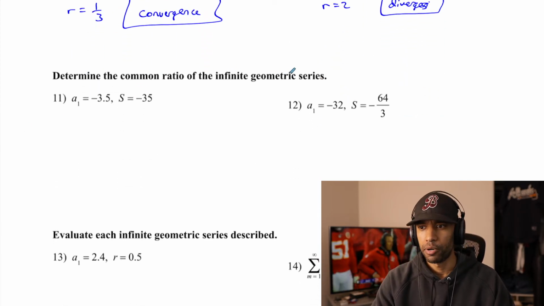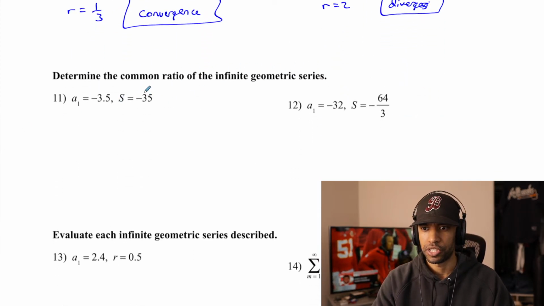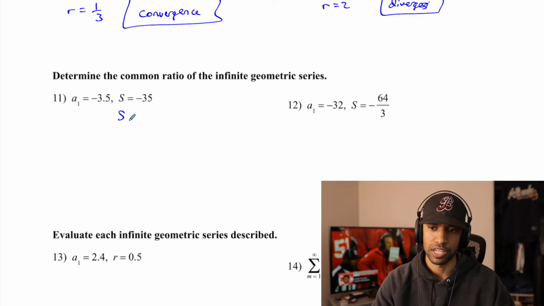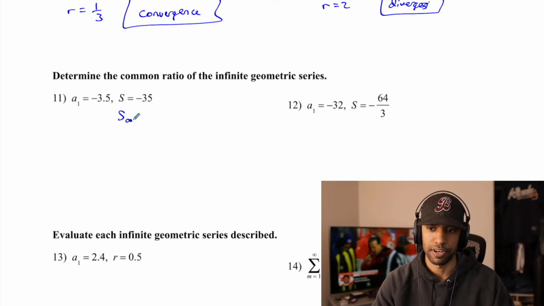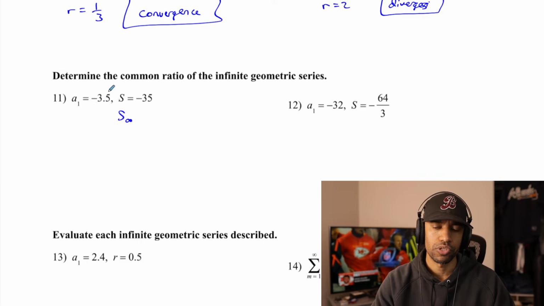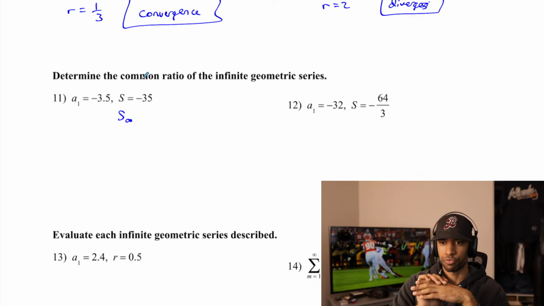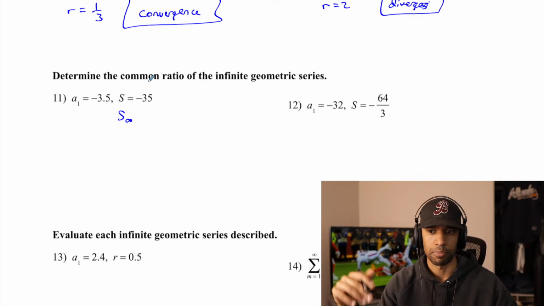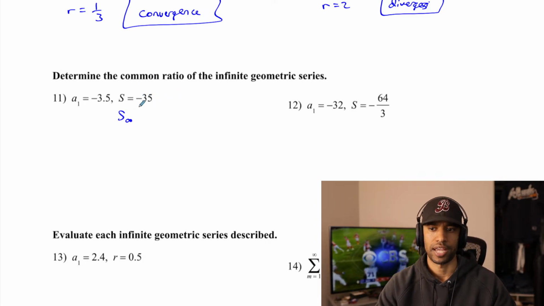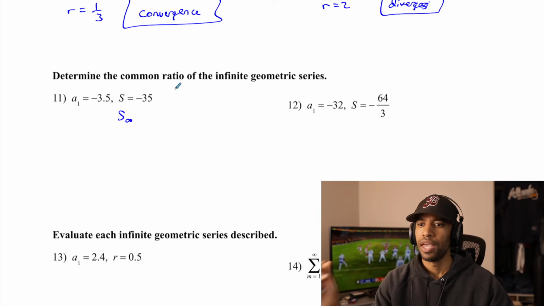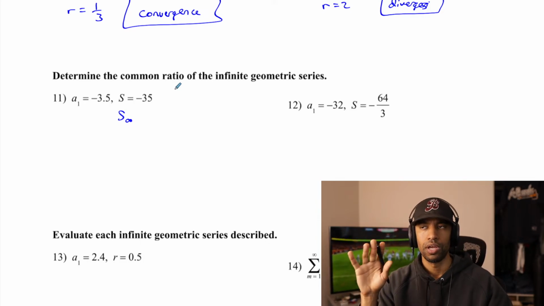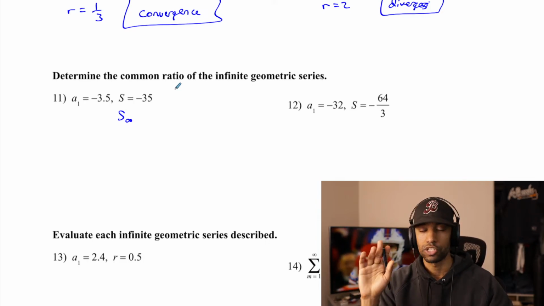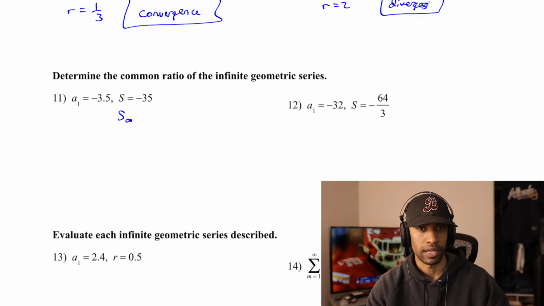All right, determine the sum of the infinite geometric series here. So the S is also S sub infinity. It states that there's an infinite number of terms there. So it says when you start with a first term of -3.5, there's some common ratio that if I multiply this by my next number and add over and over, it should converge at this number, and we want to know what it is. In order to do this, we have to know what the infinite geometric series formula is,